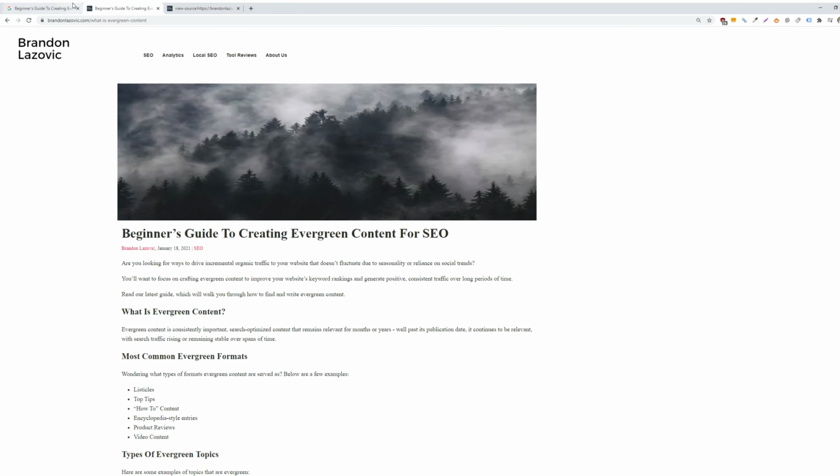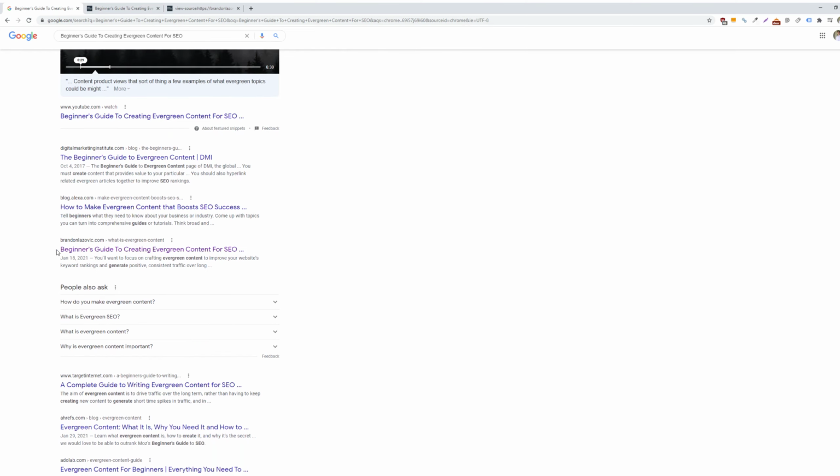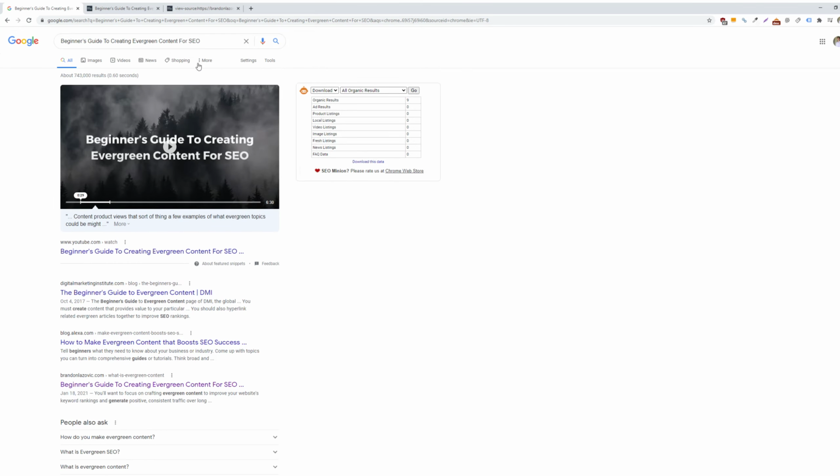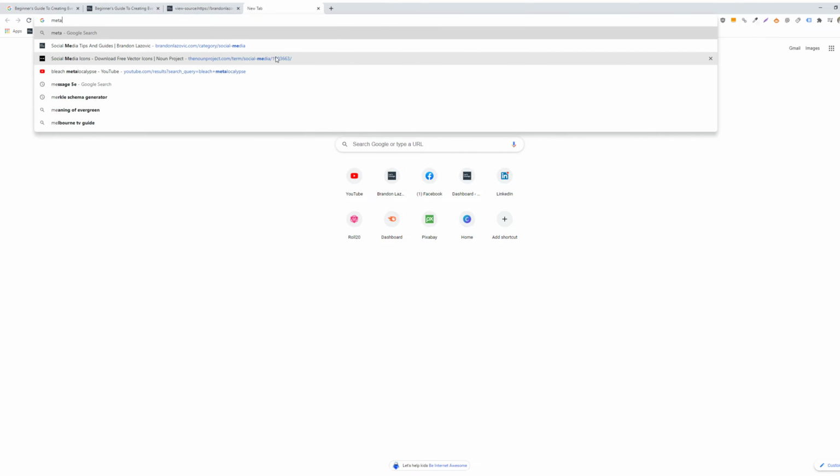You'll also want to ensure that your meta title is an appropriate length. As you'll see in my example, my meta title is truncated by these ellipses. So Google has a set limit for character length or pixel length before it just cuts off your meta title. So you want to aim for anything below 60 characters or around 600 pixels. And something you can do to check if your meta title will be truncated